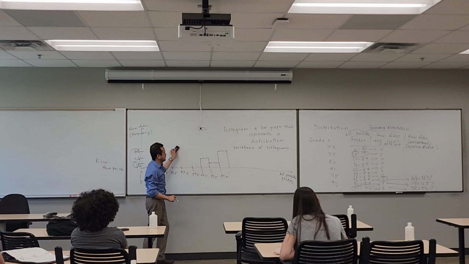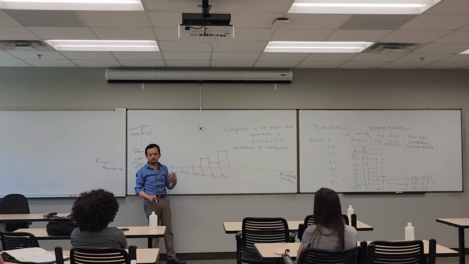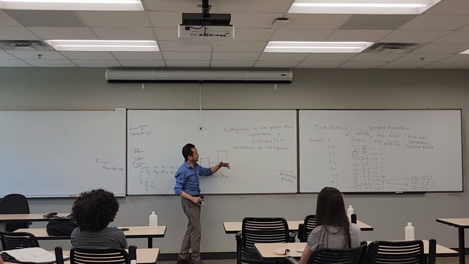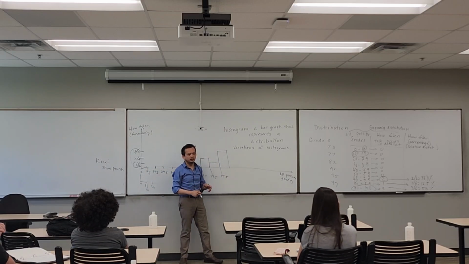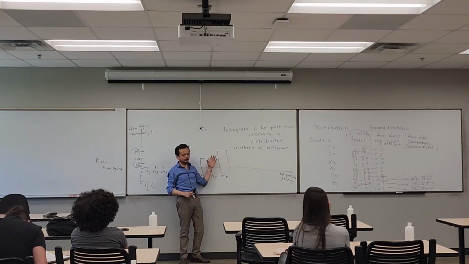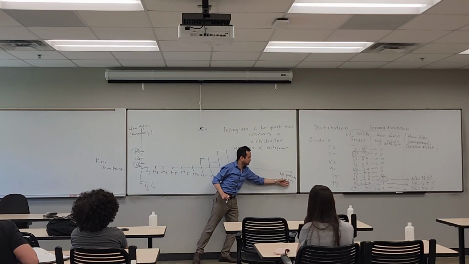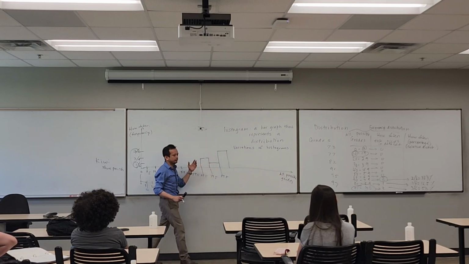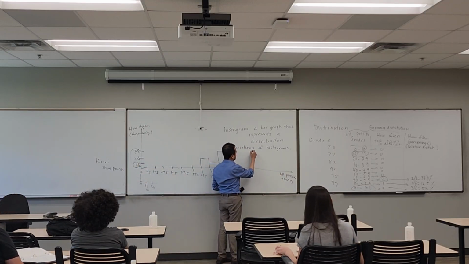All right, so now that we talked about what a histogram is, which is a bar graph that represents a distribution, let's now talk about variations of histograms that have minor differences, but the overall goal of the graph is the same, which is to relate possible values of a variable with how often each one occurs in the data set. So one variation of a histogram